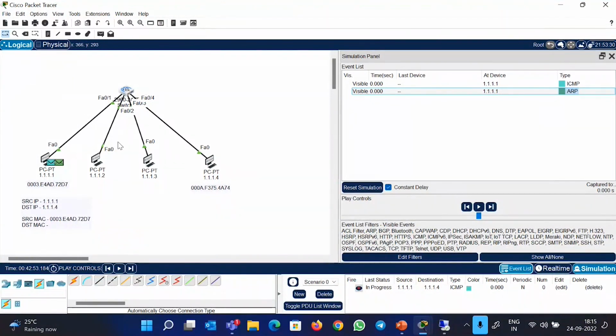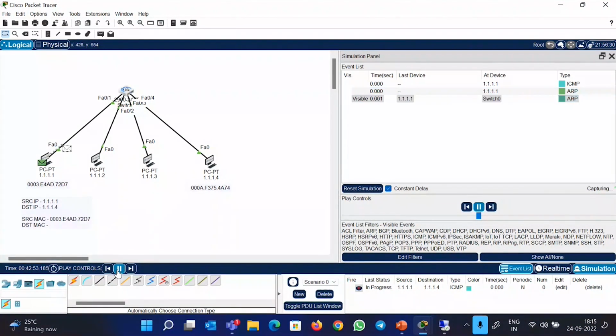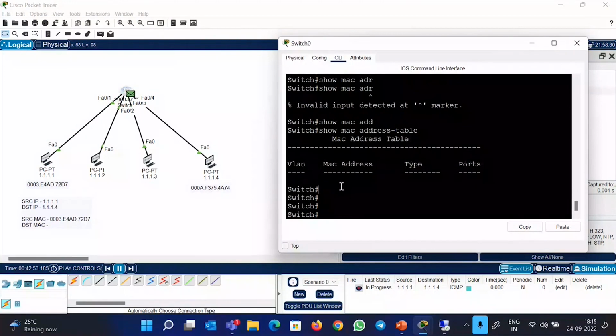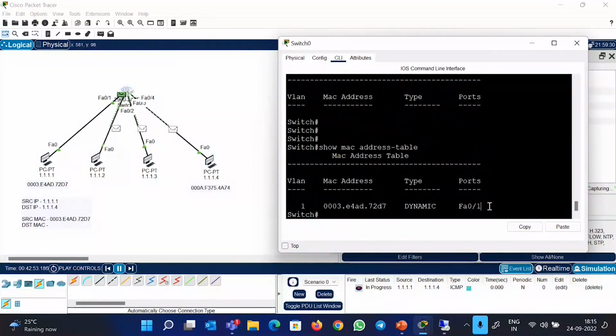So the switch is going to figure it out with the help of the source and destination IP. Say if we try to capture the packets now, the frame is sent out to switch one, and switch one will broadcast the frame. For the first time it broadcasts, and before broadcasting, it has also stored the MAC entry of FA01. The other PCs rejected it because they know they don't have this 1.1.4 destination IP, but 1.4 replied back to the switch and the packet was generated. So if you now check,